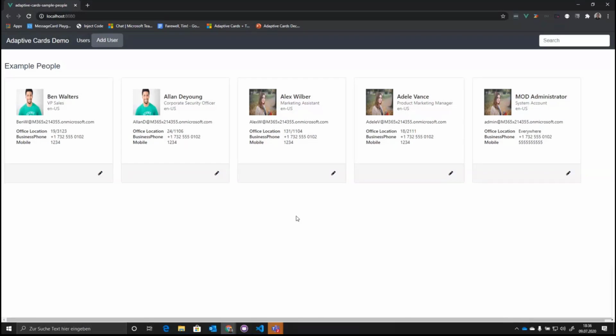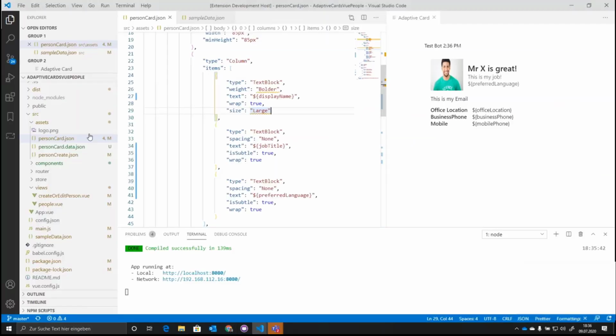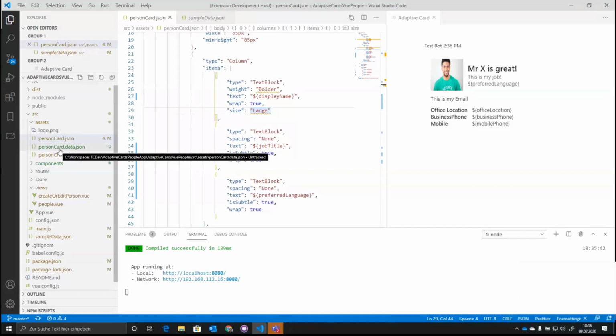The even more interesting part is that in that case, I have my cards stored with my source code, but the cards here could easily come from a database or from an API call or from wherever you like. Really, it's just JSON, and especially in JavaScript frameworks, you can load JSON from anywhere you want to,